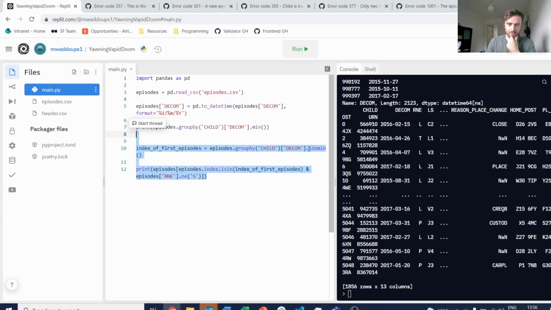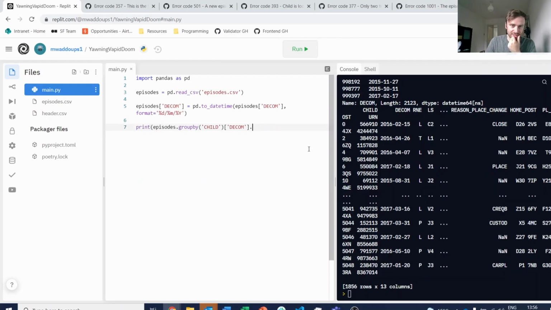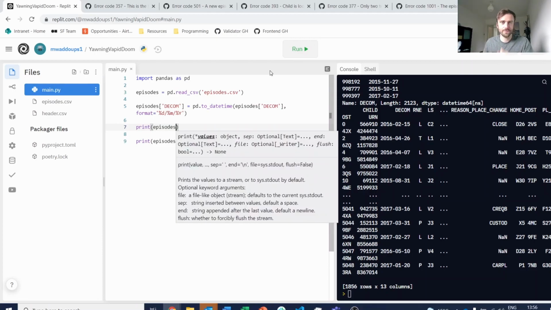A way that you might start going about that is you can do something like a group by shift operation. So if I print out the episodes here,